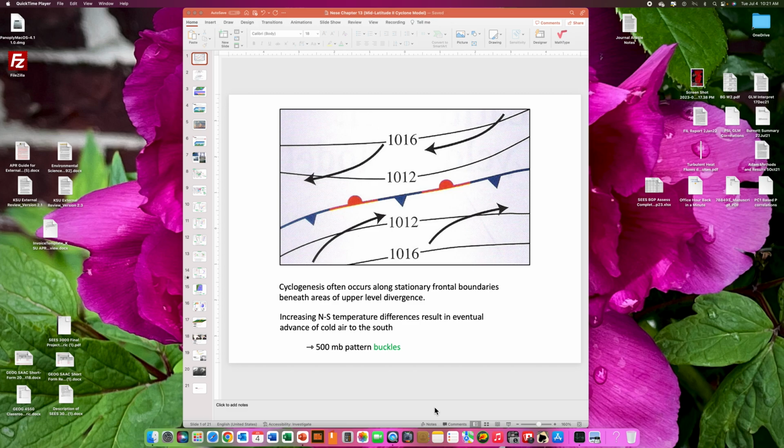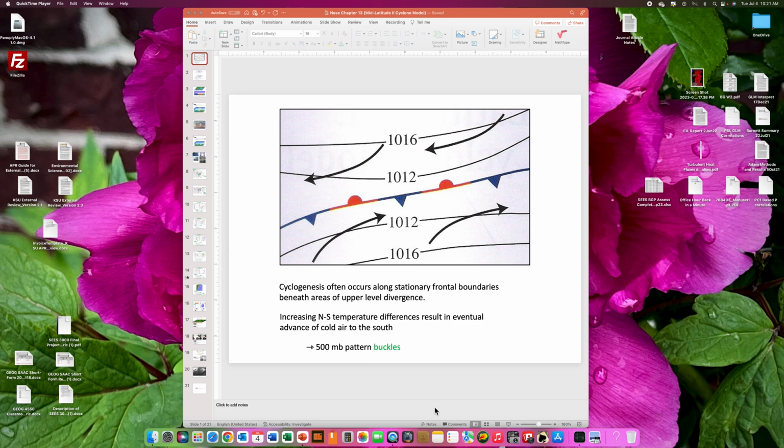For chapter 13, which is called Mid-Latitude Cyclone Model 2. This is really a follow-up from chapter 12, where we focused on vorticity and explaining the causes for regions of convergence and divergence in the middle and upper parts of the troposphere. The purpose of chapter 13 is really to focus on mid-latitude cyclones, which are just the technical term for a